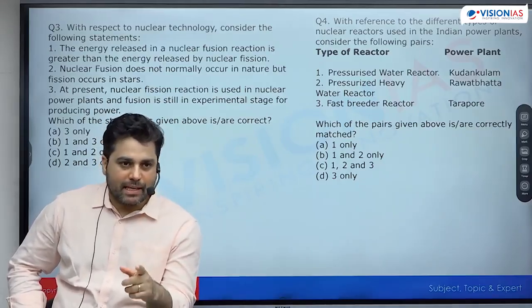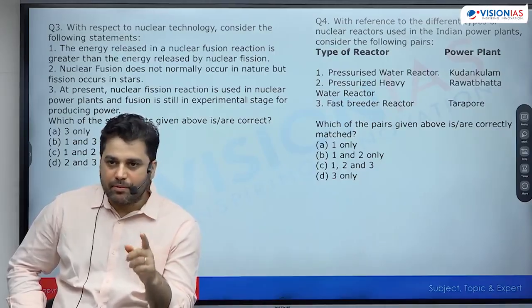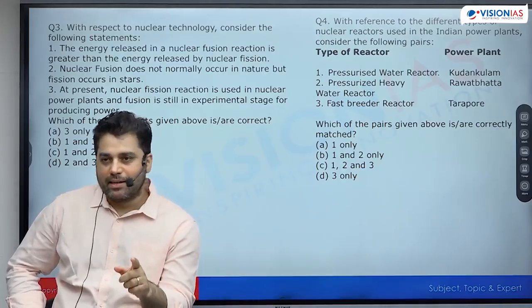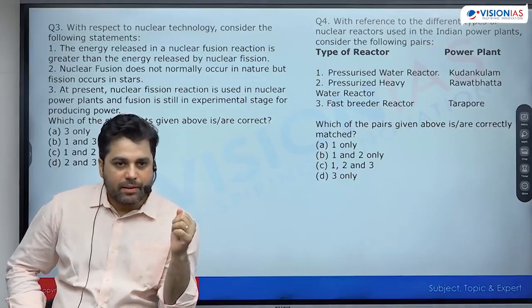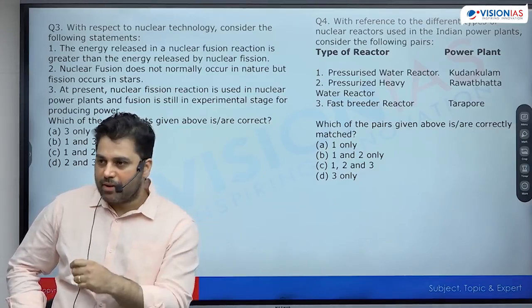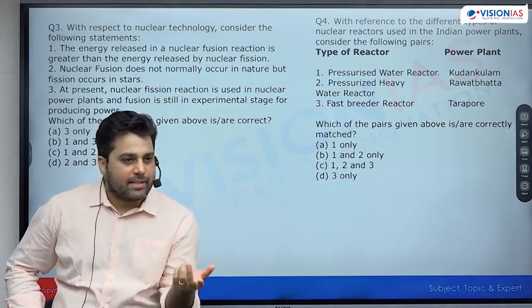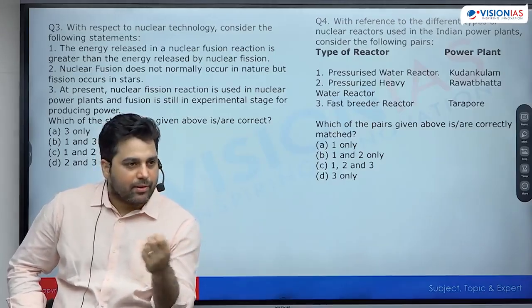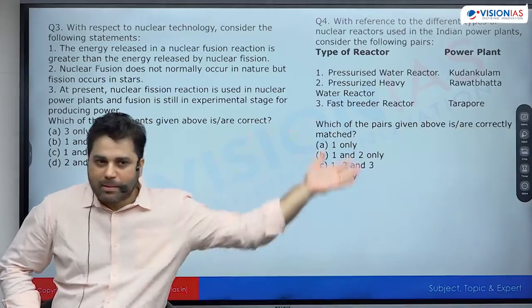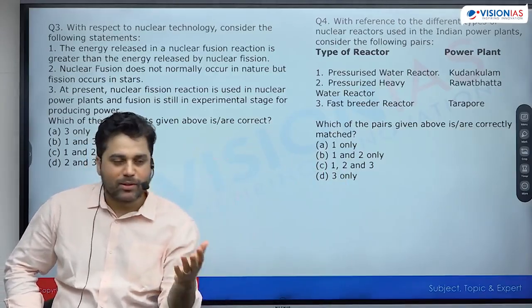But the problem with this strategy here is that probability works if your sample size is really large. What do I mean by that? I toss a coin, the probability of getting head or tail is half or half. But there is a chance I toss that coin 10 times and I get 7 head and only 3 tail. Virat Kohli, jab captain tha India mein, always used to lose toss.